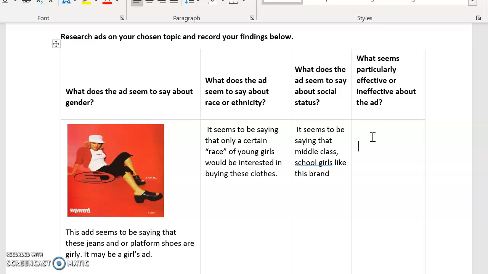So it could go either way. If you see something about the ad, or if you think the ad is really well done and it works, meaning, well, I could see why teenagers or teenage girls in this particular case would want to buy these clothes, or if it doesn't work. The ad for me